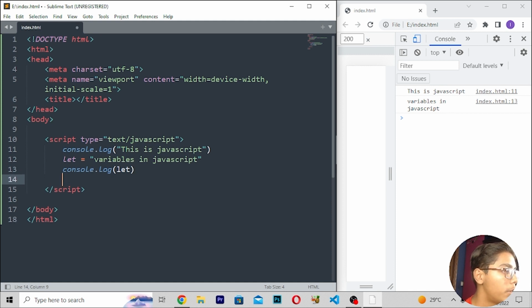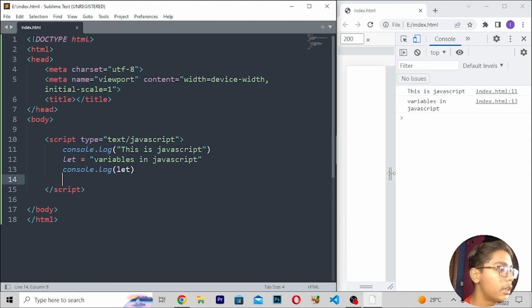So you can move down here and use some of the other tags also to work with this. You can use the same tag, and when you have written this, you have to move into this tag, and after moving here you can save this, then reload, and then you will be seeing that we are getting variables in JavaScript written here.